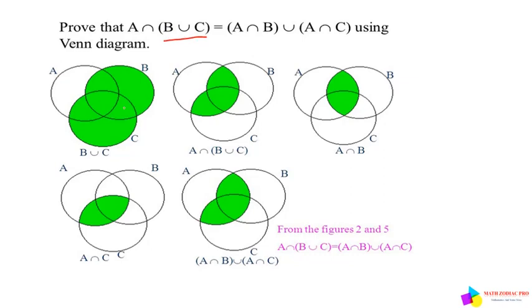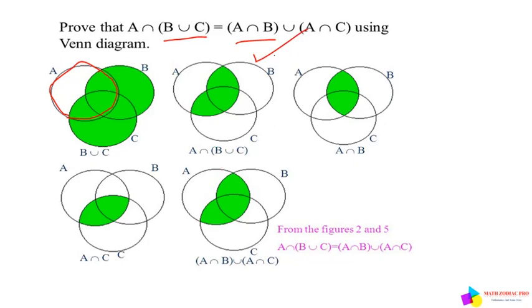So here the B union C means this is a part B union C, and next one is A intersection B union C. That is this intersection of A part, that is this circle of A part. So the green color fill this one only. Okay, so this is A intersection B union C, and next we want to find the RHS. Okay, so this is proved. Okay, first one is proved.